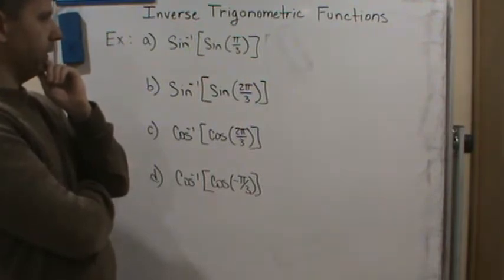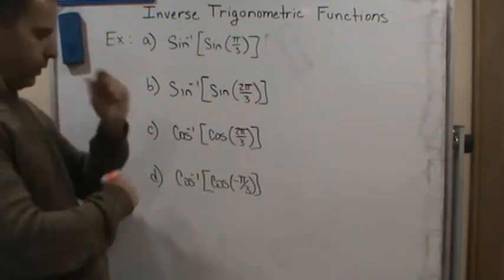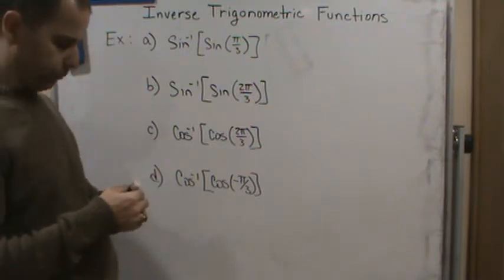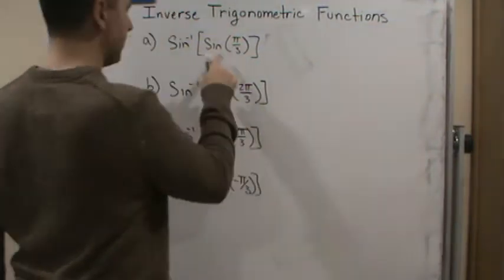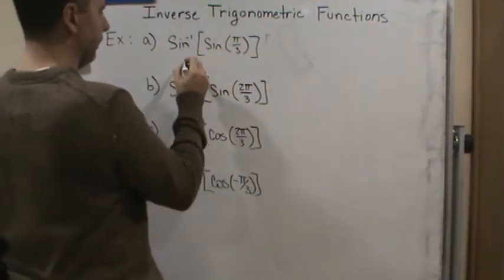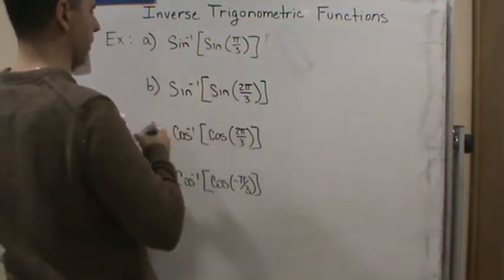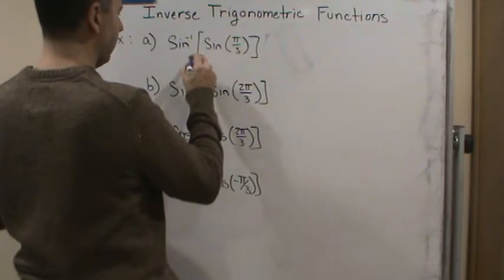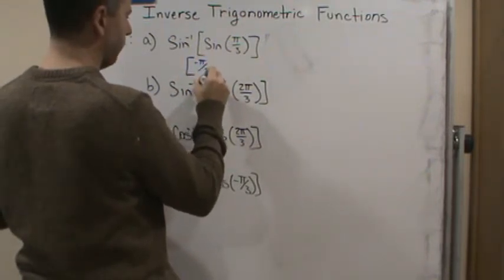Okay, and that's what we have to do. So when we have this composition, I'm going to write the domain right here in between for both of them. So we know the domain is going to be negative pi over 2